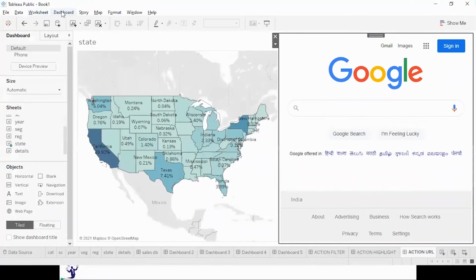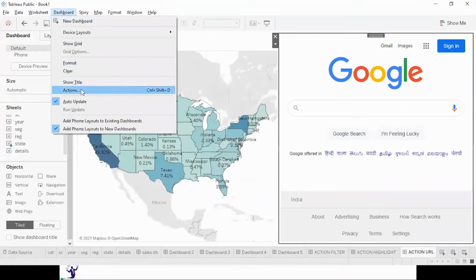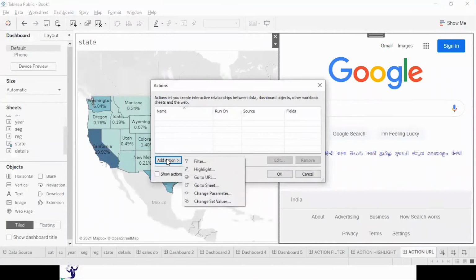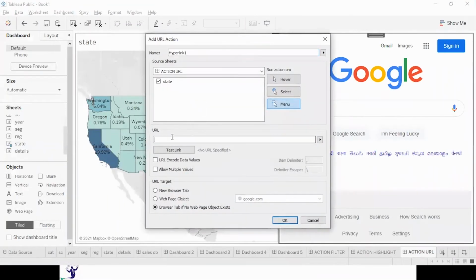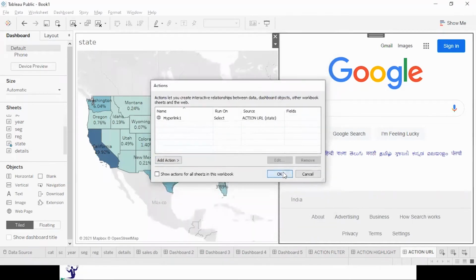I will go to the dashboard, action, add action, go to URL. The URL is this, and I will say select over here, say okay, and okay.